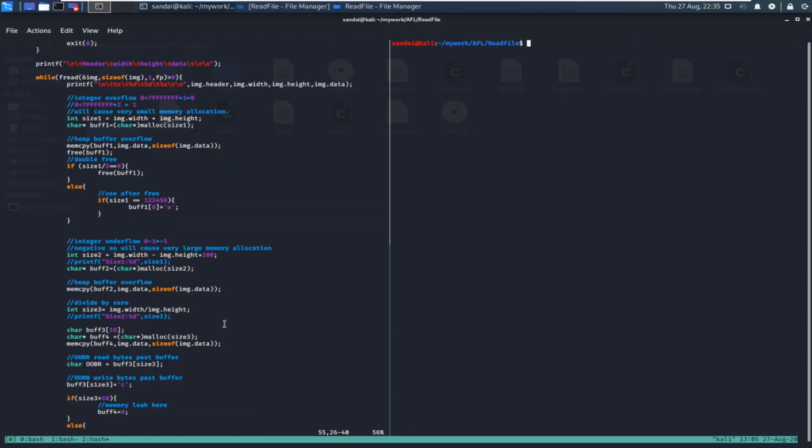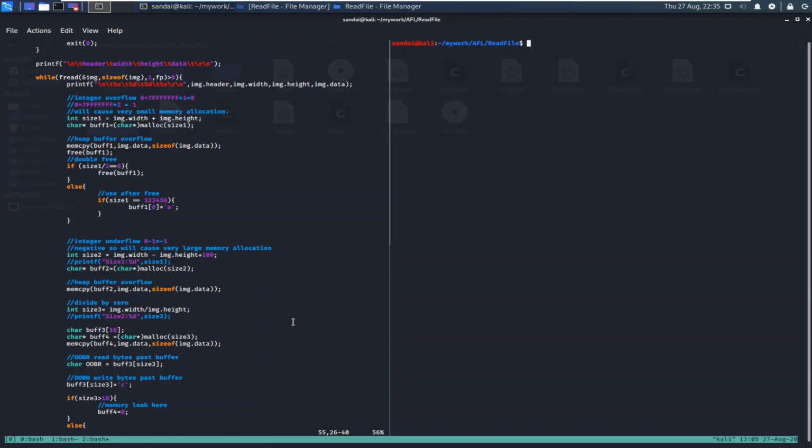So today I'm just going to show you how I modified the simple program to cover most of the vulnerability classes. I will give you a very brief overview of each bug or vulnerability class, and then we are going to compile this program, and then we are again going to fuzz it using AFL, and then we'll see what kind of crashes we are getting and how they look in the source code over here.